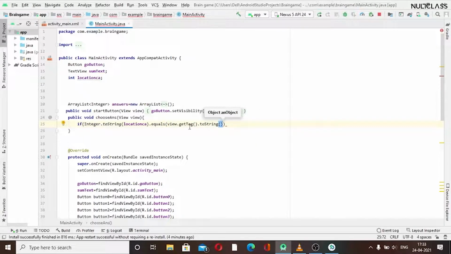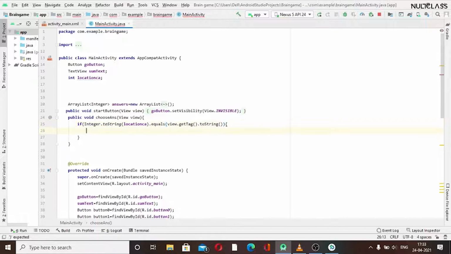So this says that the option which we have selected, view is our app view, get tag, we have set the tag like 0 1 2 3. We have done that when initializing in our XML code. And now if this is equal to the correct answer, then we need to show, and I think I have missed a bracket here.